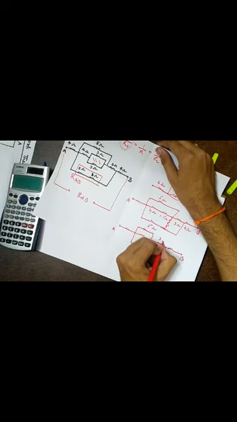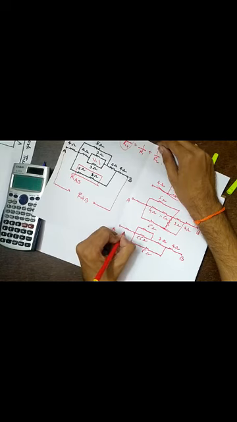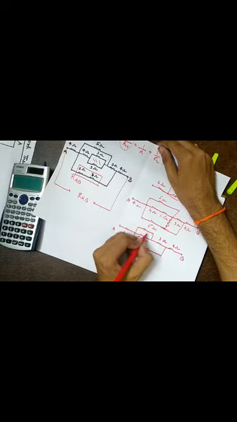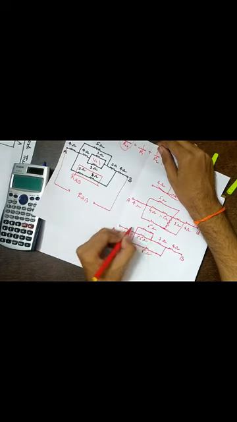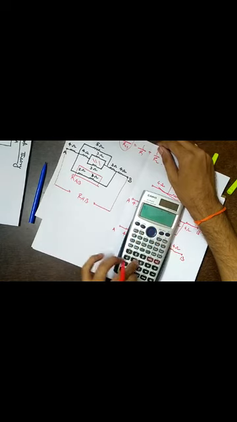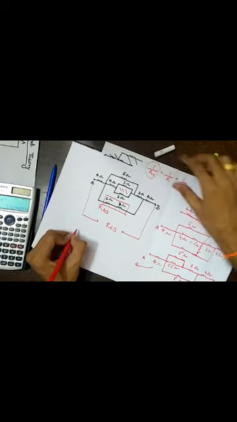So this is 3 ohms, this is 4 ohms. 4 in series with 1.5 will be 5.5 ohms. This is 5 ohms. And this is 4 ohms. So can I say these two are in parallel? This is the common point, this is the common point. 5.5 in parallel with 5, so (5.5 inverse plus 5 inverse) inverse gives 2.62. We'll draw it here.